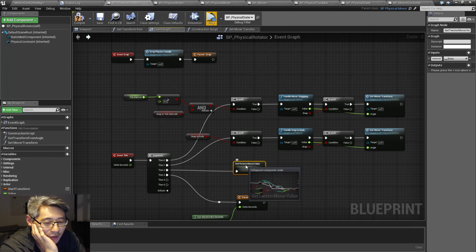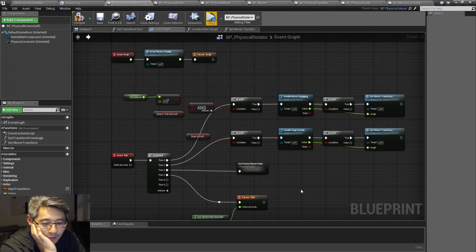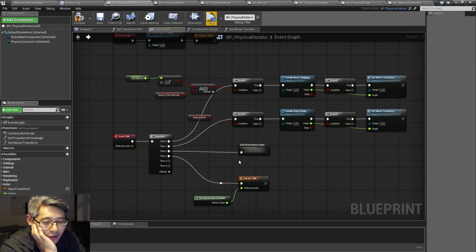This is the way we'll get the twist value. And the next time we'll make the get rotation. I'm going to have to think about a good name for that. Yeah, I'm going to think about that